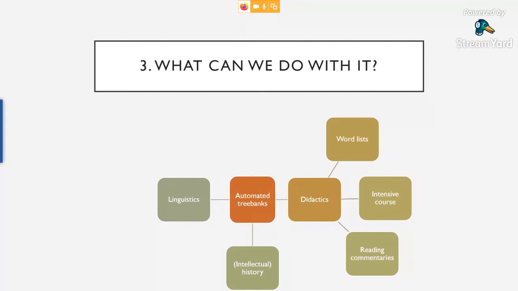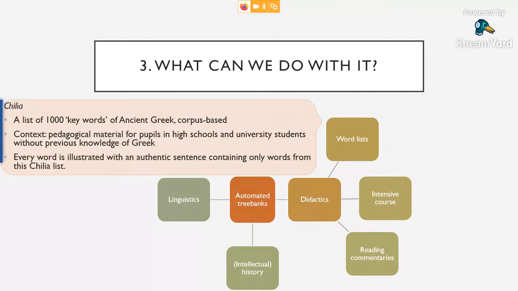especially for didactic aims. So we are currently, in the ongoing Pedalion project, making word lists, intensive courses for students without prior knowledge of Greek, and also making reading commentaries. For instance, our ongoing Helia project is a list of 1000 keywords of ancient Greek. They're corpus based, and this is pedagogical material for pupils in high schools, but also for our university students without